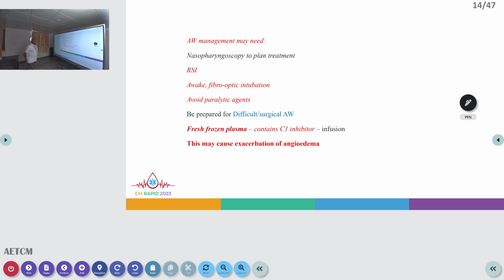So airway management may be needed when you are thinking about going for an RSI. An awake intubation is much safer than administration of the sedative, induction agents and paralytic agent. Always try to avoid the paralytic agent. We can go for fibro-optic laryngoscopic methods, so the patient is awake. At that time, the safety of the patient is much more important than paralyzing and sedating.